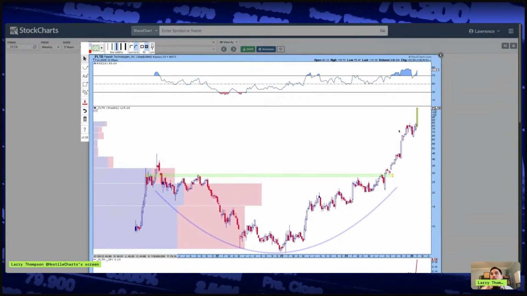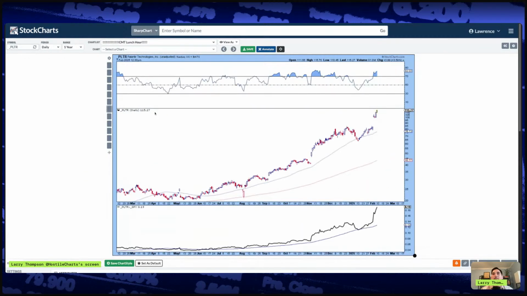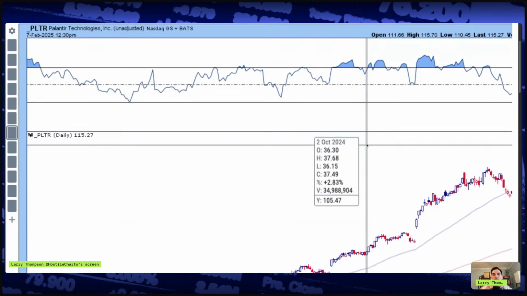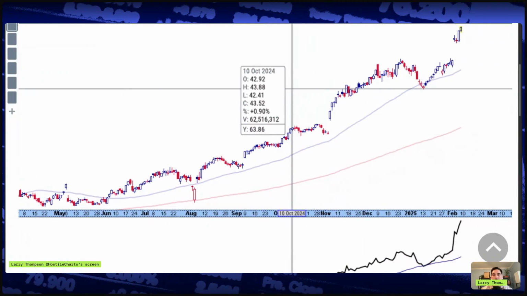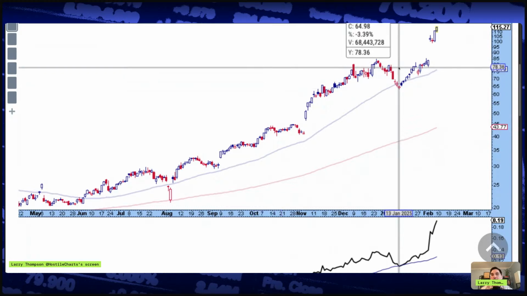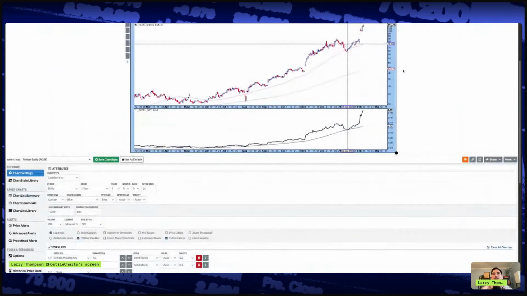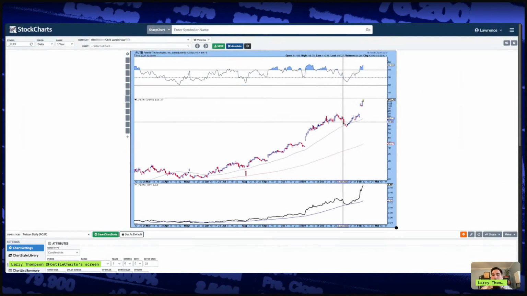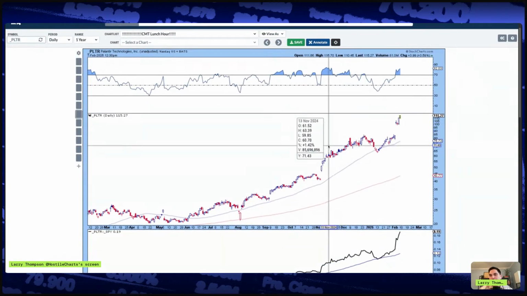I don't know how the hell you trade this at this moment, right? 39% in a week. It's not my style to get in when something's up that much, but you had this power gap breakaway, right? You had this power gap breakaway here against 85, and then maybe against this $98, $100 level, that's where you manage your risk. But in general, it's not my type of pitch at this point. Congrats to those that are in. Hope you guys make a lot of money, but not my type of trade.